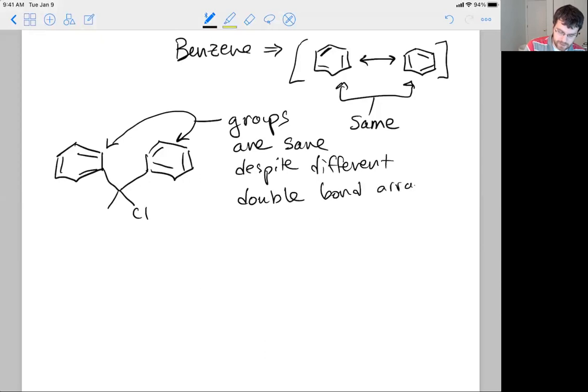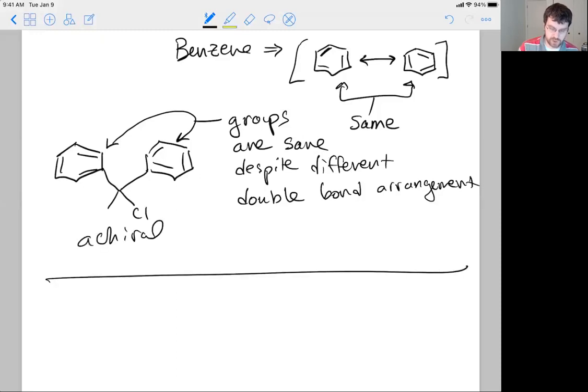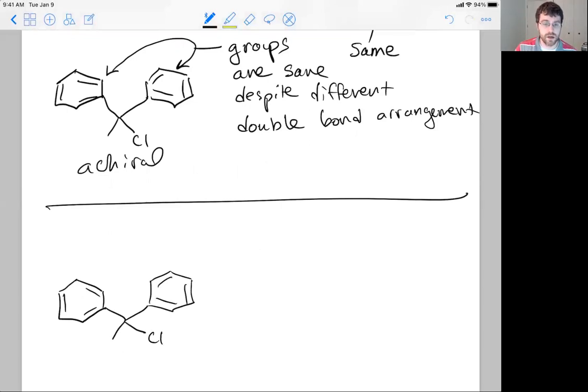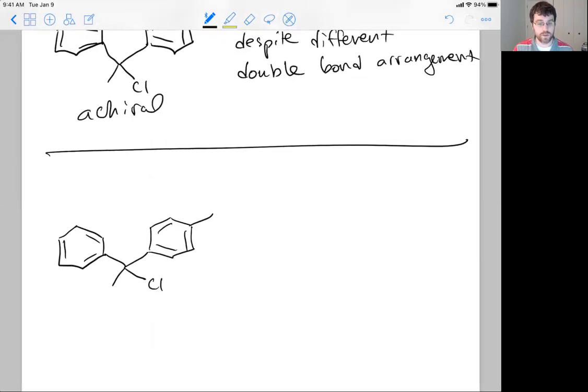And we will very rigorously look at this in detail in organic chemistry too. And it's really interesting. And yeah, anyway, I greatly enjoy it. But overall, this molecule is achiral. So let's switch it up though and look at an example where we would want to pay attention to this. So if I took those exact same rings, and what I did was, instead of keeping the rings just like this, I just throw on a methyl group, a CH3,